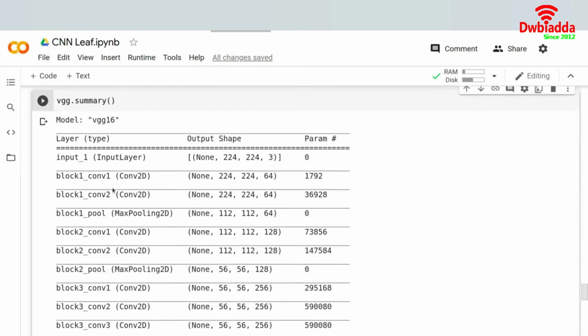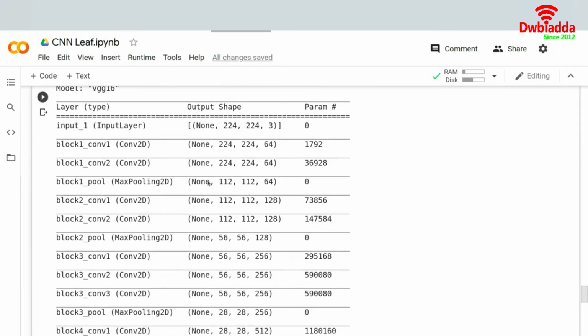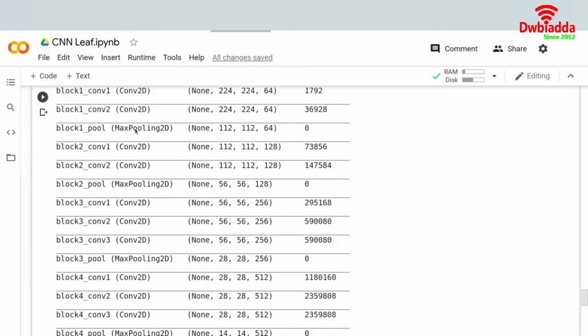these are all made of convolution blocks itself, right? It was a 224 cross 224 cross 64 convolution block, then again 224 cross 224 convolution block, then a max pooling 2D block. It's the same as when we were making our own CNN models. They've made one convolution model which runs the best on a variety of images, and they have made that architecture and given it a particular name.